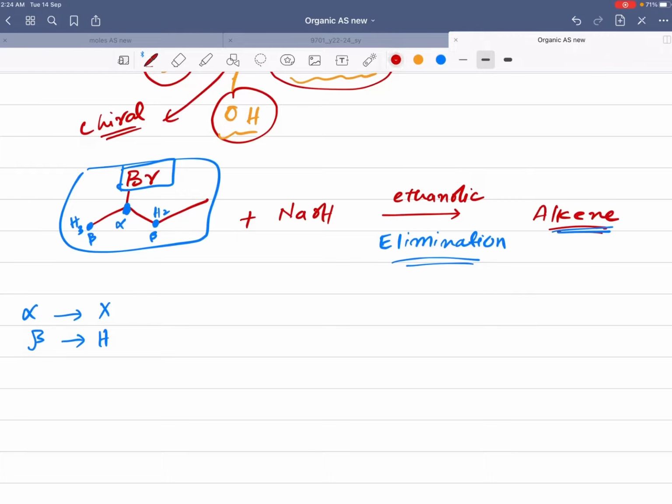So what kind of structures can we get? We can get two different kinds of structures. If this one loses hydrogen and this one loses bromine, these two carbons would make a double bond with each other. So the product would have four carbons. This carbon loses hydrogen, this carbon loses bromine. The double bond would form between these two carbons, right? This is one alkene which could form from this reaction.